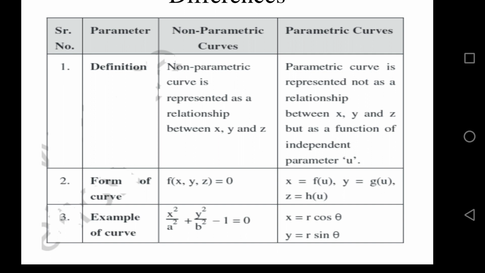What are the advantages of using parametric representation instead of non-parametric representation? It can be easily used for representing closed and multi-valued curves, which we cannot represent well in non-parametric representation. Also, it replaces slopes by tangent vectors. If I have an infinite or very large slope, I replace that by a tangent vector using parametric representation.